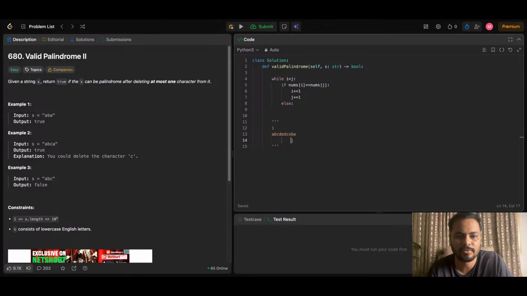J will move, and similarly I will also move. Then again B is equal, so it will move, and J will also move. Now nums of J is X and nums of I is C. So they are not equal. It means that